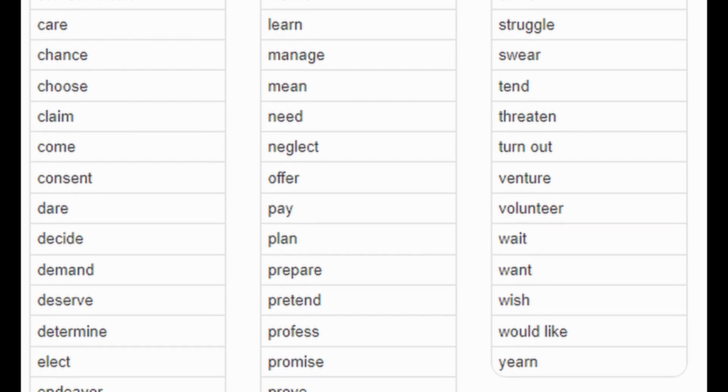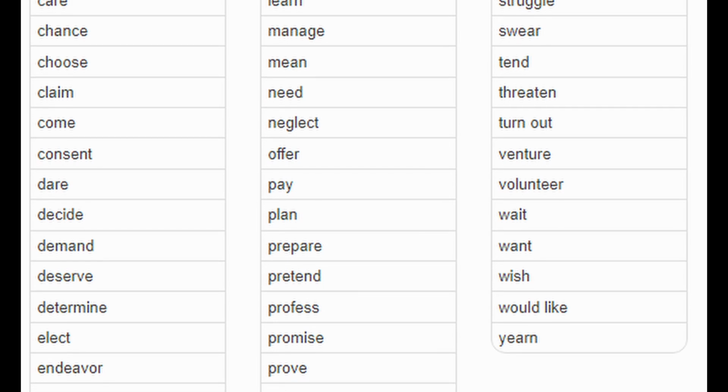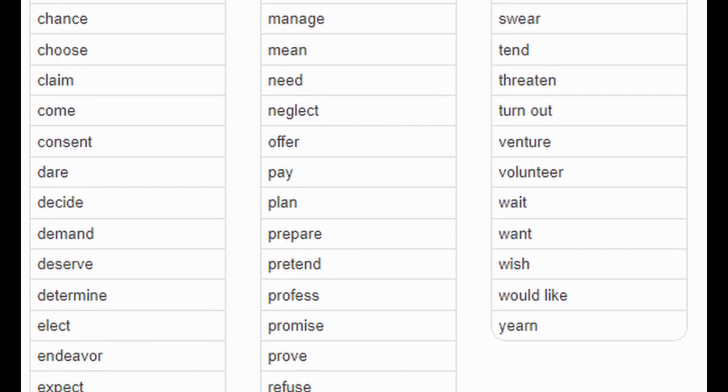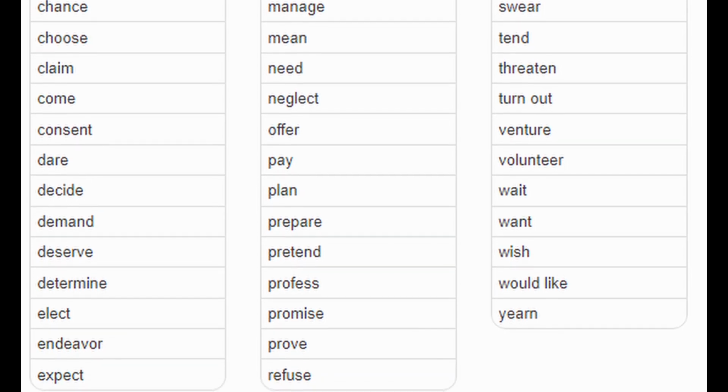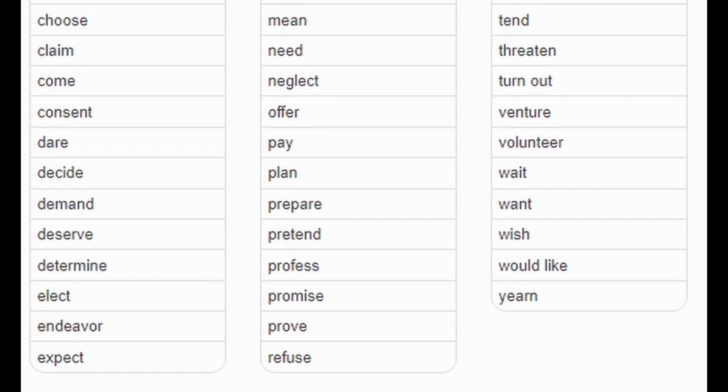pretend, profess, promise, refuse, remain, request, resolve, say, seek, seem, shudder, strive, struggle, swear, tend, threaten, turn out, venture, volunteer, wait, want, wish, would like, and yearn. And finally, we have the verbs that change their meaning when they are followed by a